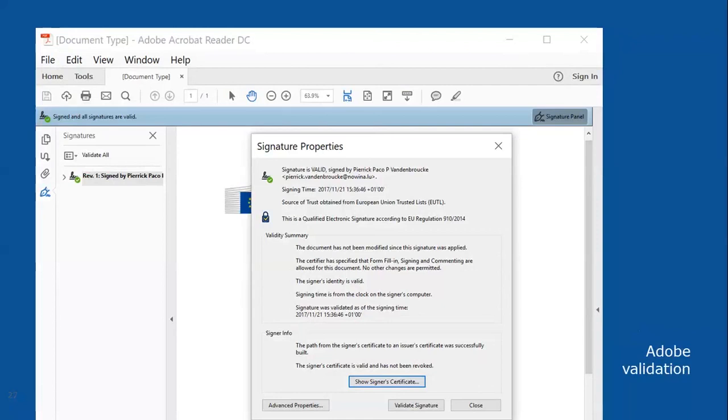Adobe Reader understands our PAdES signature. You can see it is being correctly signed by Pierrick, and that the certificate is qualified. Adobe Reader is now aligned with the eIDAS regulations regarding qualified electronic signatures, and Adobe Reader can connect to the trusted list. It recognized that the source of trust is obtained from the trusted list, and it confirms that the signature is a qualified electronic signature,